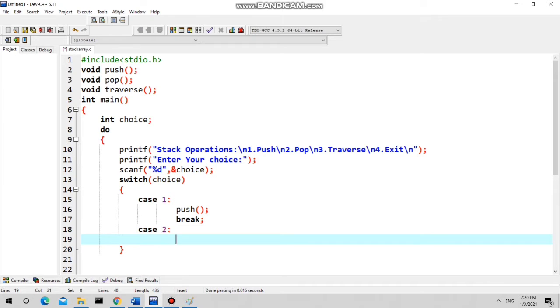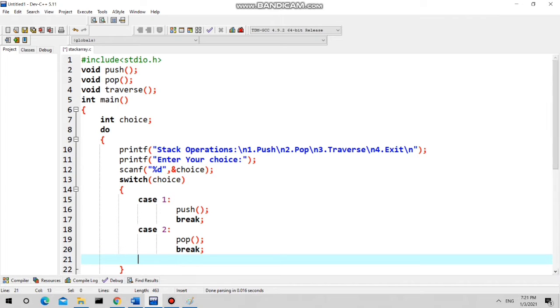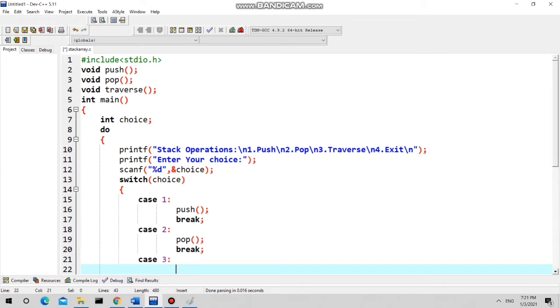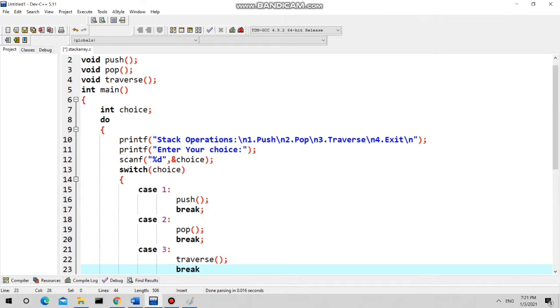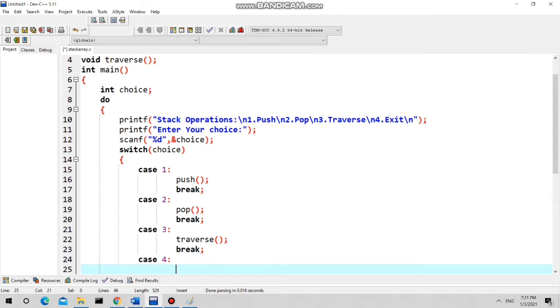Next, if the user presses 2, then we execute the pop function. In the same way, if the user enters 3, then we execute the traverse function. If the user enters 4, then we exit from the program.